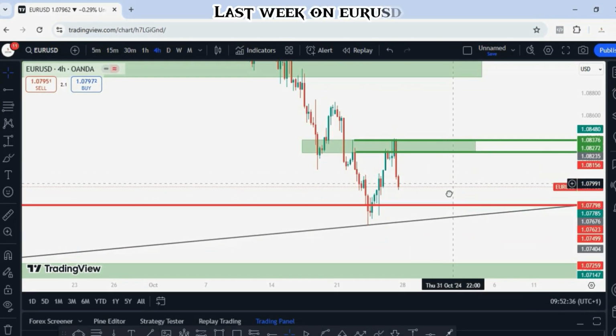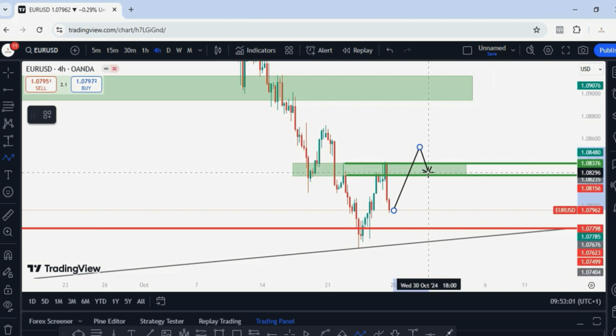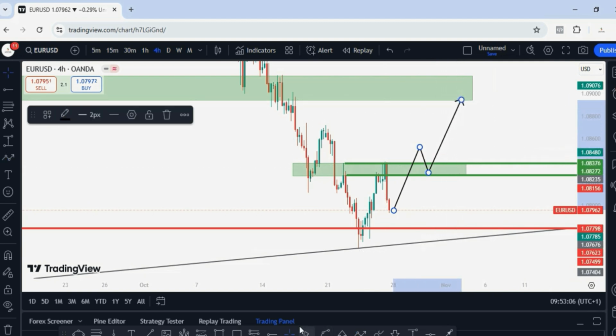If EURUSD is going to buy, then I think you should wait for price to break above 1.08376, and it's going to be a short buy, because going into next month I'm expecting a massive sell on EURUSD. I'll come here week in week out to give you my projection for the incoming week. So if we're going to go for that pullback, wait for price to break above the 1.08376 area, then switch over to the 15 minutes time frame to catch it on the pullback. Then your next target should be around here, which is